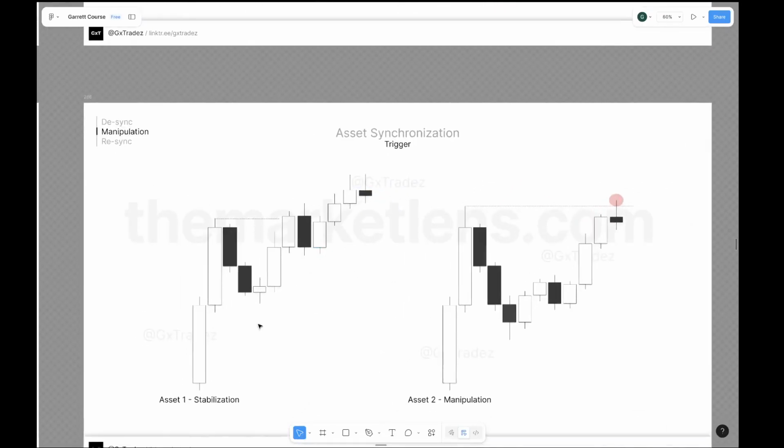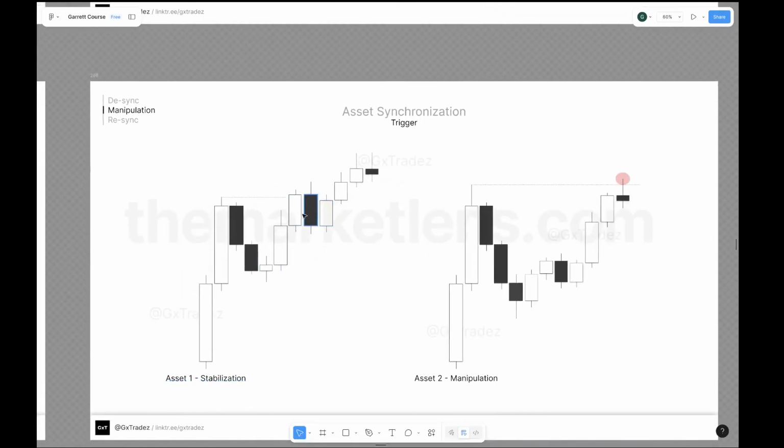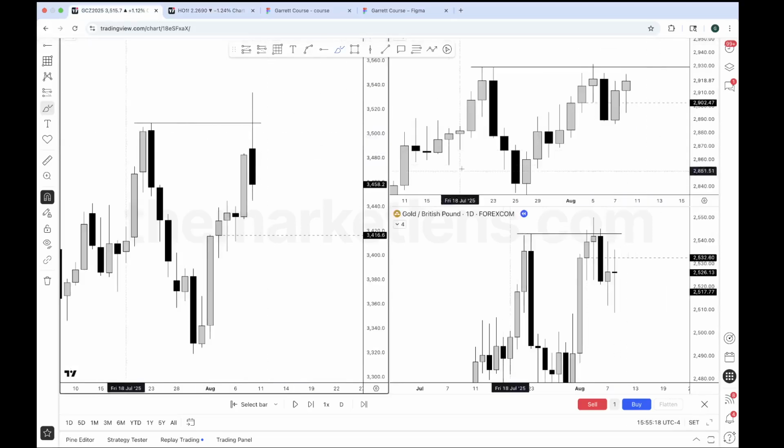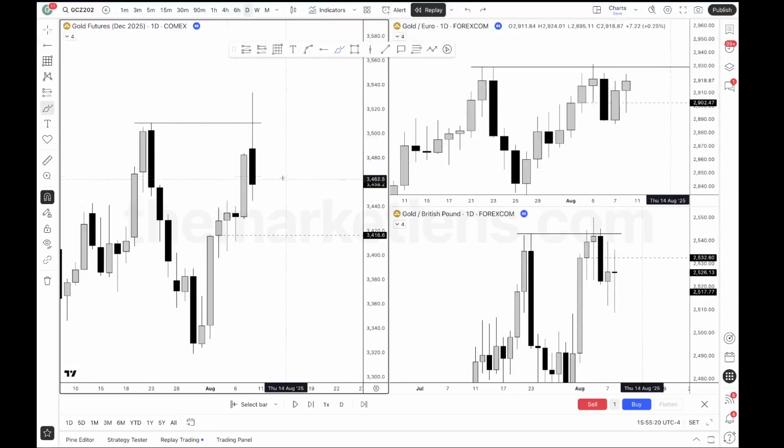Where is that? These assets here, essentially, they're just waiting for gold to manipulate. So they're not really doing anything, they're just consolidating, waiting for this asset to manipulate. So this would be a daily,